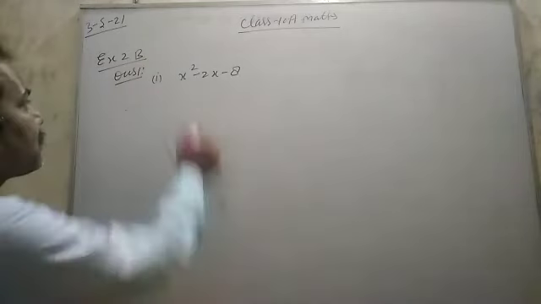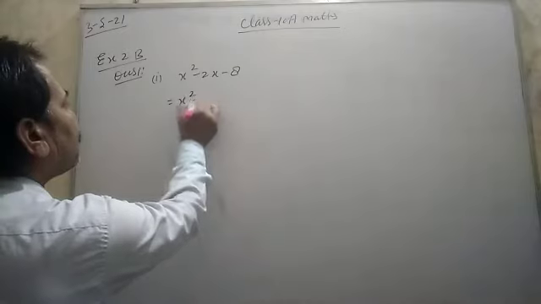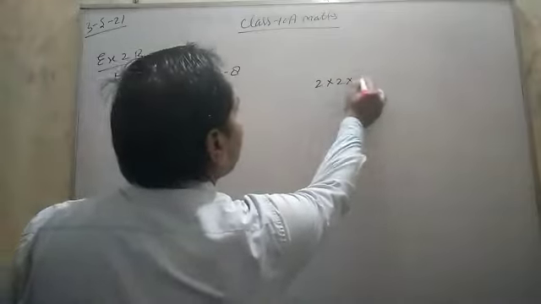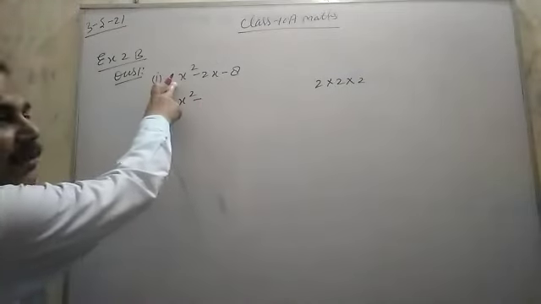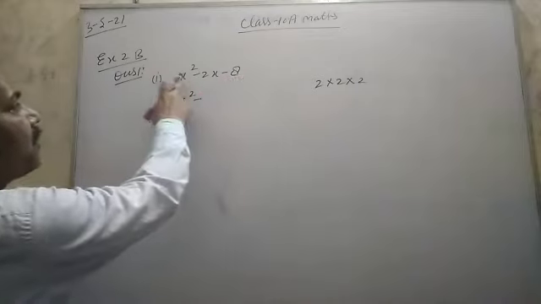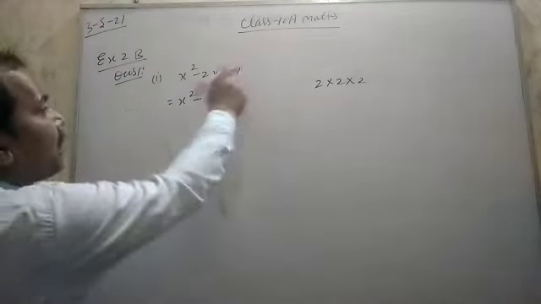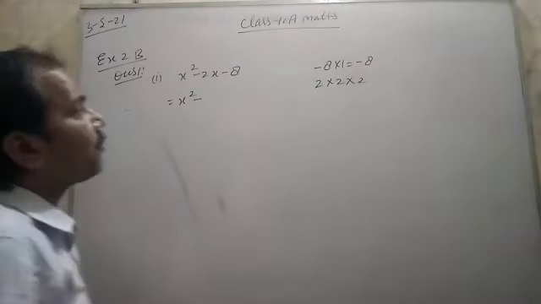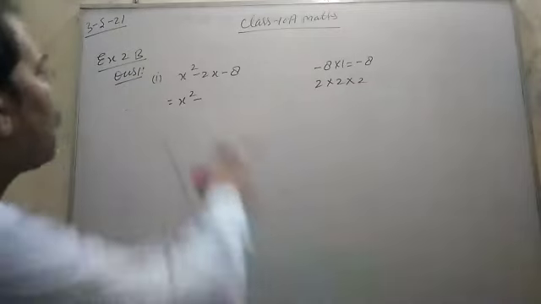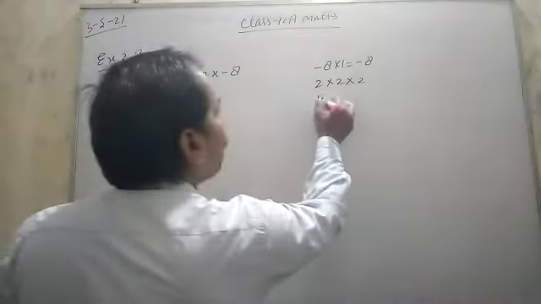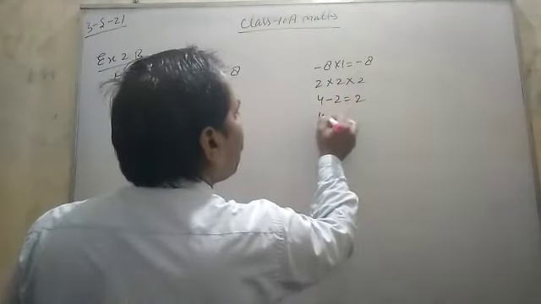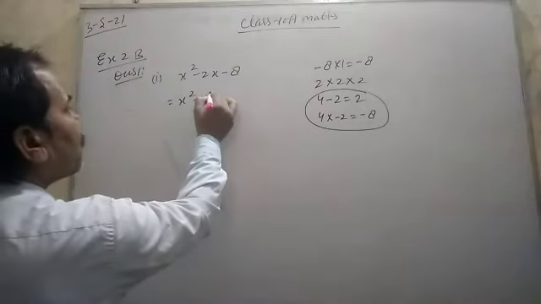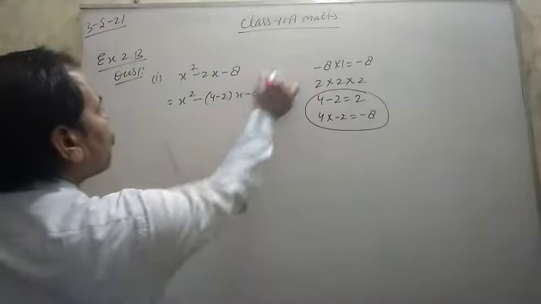Okay. So first factorize this and find its zeros. So find the factors of minus 8: the constant term and the coefficient of x square, that is 1, so minus 8 into 1 will be minus 8. Okay, if the product is coming negative, then by subtracting the middle term will come. So 4 minus 2 is equal to 2 and 4 into minus 2 is equal to minus 8. So satisfying these two conditions, in place of 2 we will write 4 minus 2.